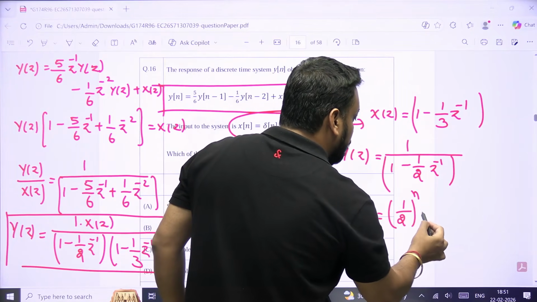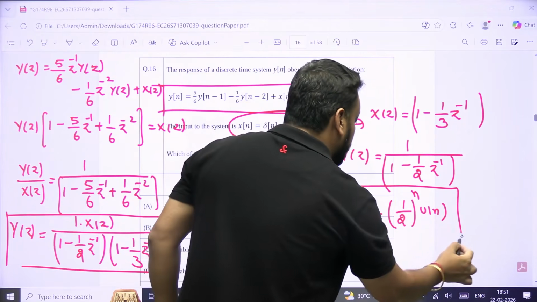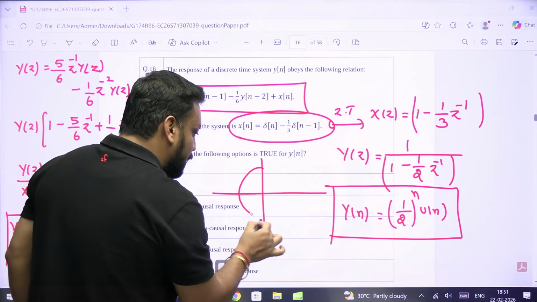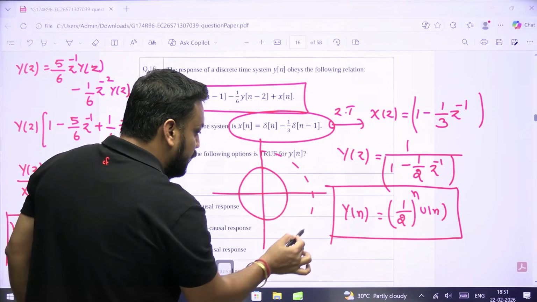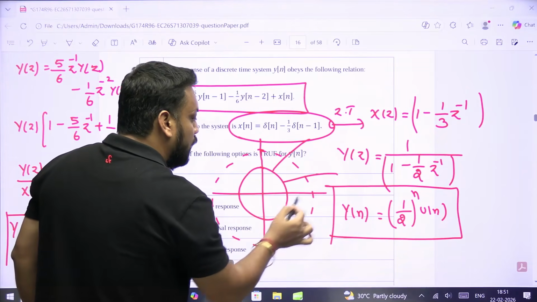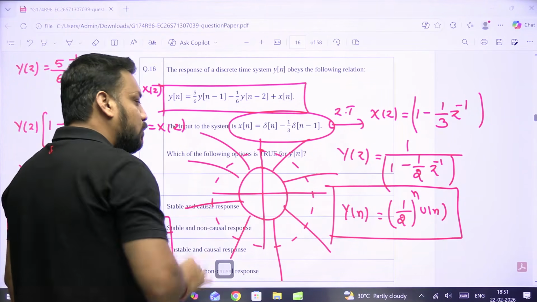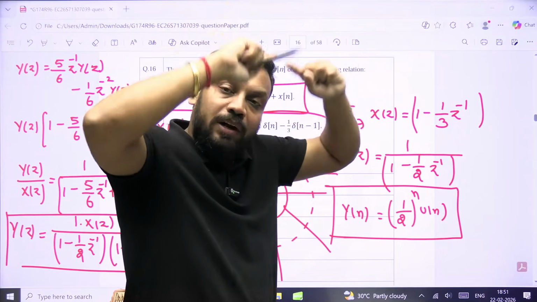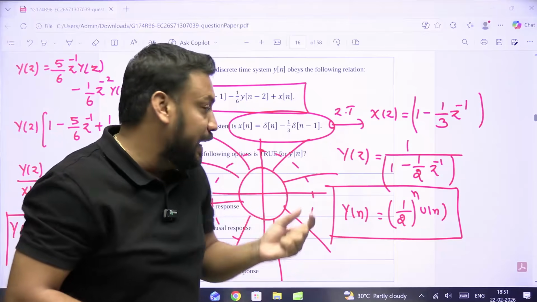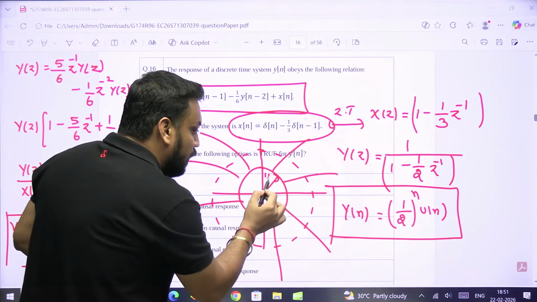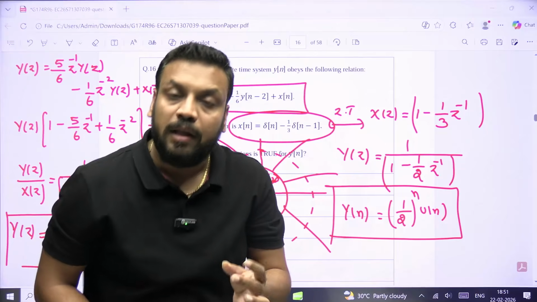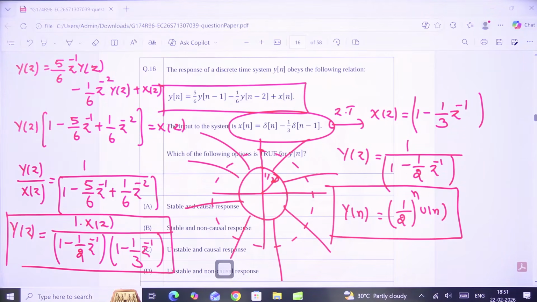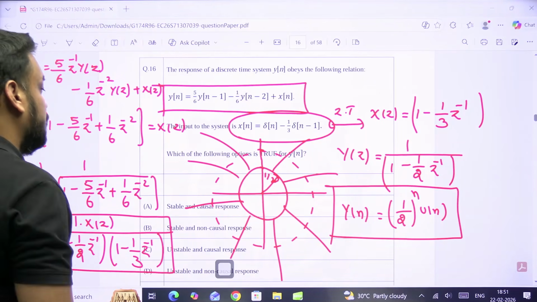इसका मतलब यूनिट स्टेप का बनाएगा, मतलब ये आएगा (1/2)^n u[n], मतलब हाफ की पावर n u[n]। अब देखो, अगर आप इसका ROC डायग्राम बनाओगे, केवल ROC डायग्राम रफली बना रहा हूं मैं, तो यहाँ पे हाफ पे एक सर्कल बनेगा और सपोज करो कि यहाँ एक यूनिटी सर्कल है। If it is causal then definitely ROC is going outside. So when ROC is going outside the radius of half circle, of course the ROC includes unity circle, and we know that whenever ROC includes unity circle it will make the system stable only।